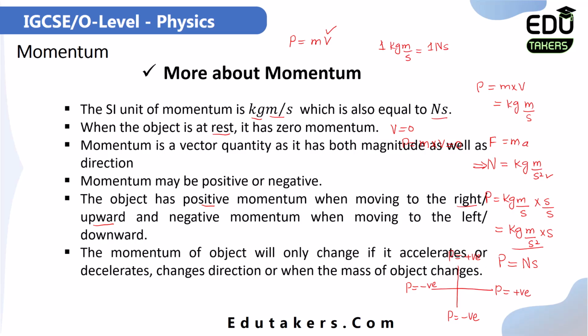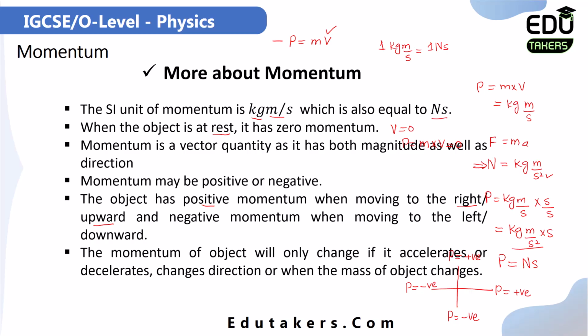So when the momentum of the body changes, as you know, it's the product of the mass and the velocity of the body. So when the mass of the object changes or the velocity of the body changes, what is meant by the change in velocity? It means that the body accelerates or decelerates. Because velocity is a vector quantity, it also has direction. So I can simply say that the velocity changes only when the object slows down, speeds up, or changes direction. Accordingly, when the velocity changes, the momentum also changes.